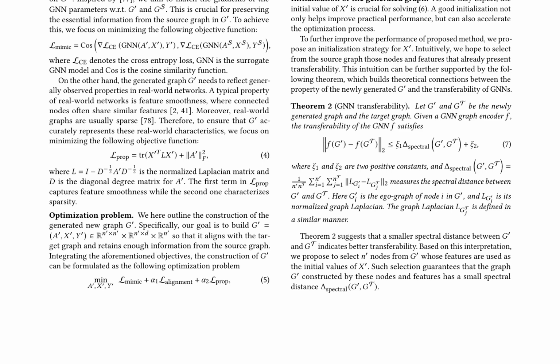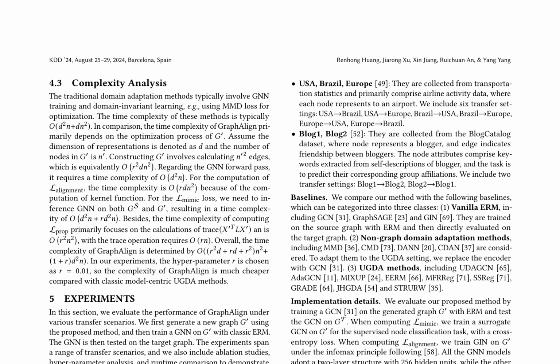The mimicry objective, measured using cosine similarity, ensures the generated graph preserves essential information from the source graph. The property preservation objective, measured using feature smoothness and sparsity, ensures the generated graph exhibits properties of real-world networks. The authors provide a detailed analysis of the complexity of GraphAlign, which depends on the optimization process of the generated